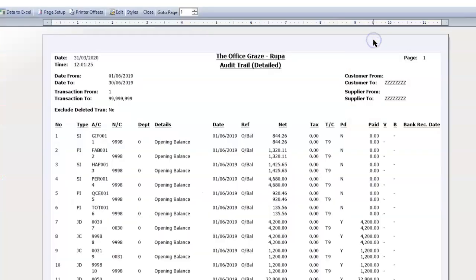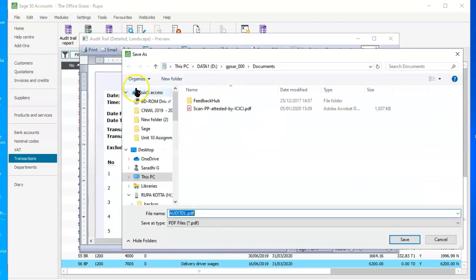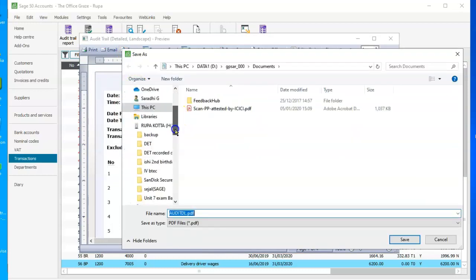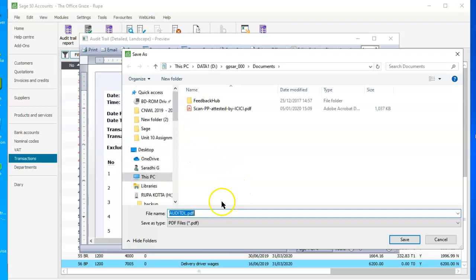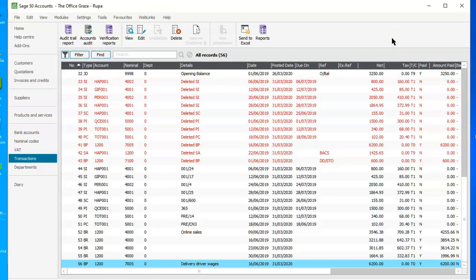You should get a report of at least 1 to 2 pages. Okay, sorry, it's too big. Once the report is generated, export it. Go to your desktop or your USB, wherever you want to save it, and save a copy and then send it back to me. Okay, so today's work will be for you to generate the trial balance after task 3